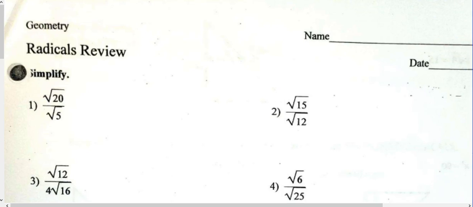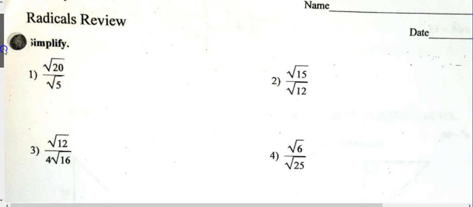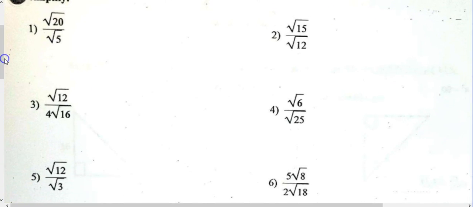All right, so this is a review for the first quiz. Now, I'm going to show multiple ways of doing this, so you might want to watch all of it. You might want to fast forward. Okay? Now, the long way to do number one is say, well, I have the radical 5 on the bottom,